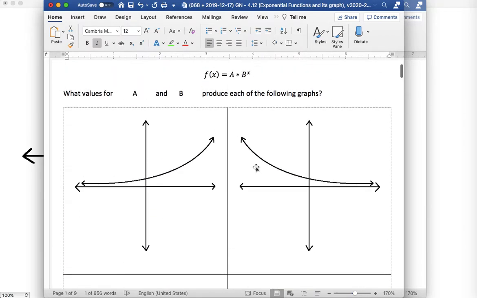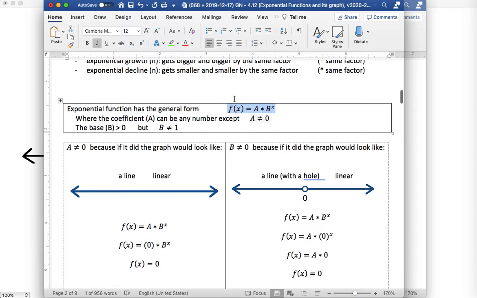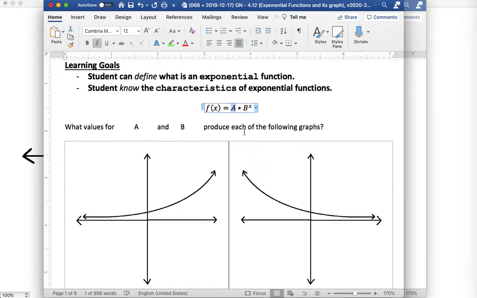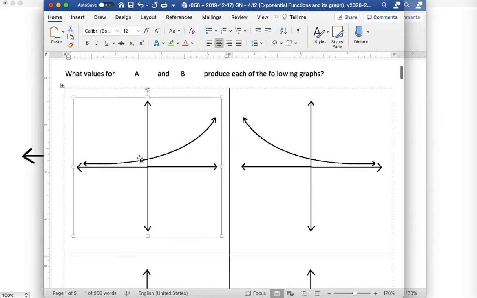So I've talked about what numbers a and b cannot be. Let's talk about the numbers a and b can be. So a can be any number except for 0, and b has to be a positive number but cannot be 1. So what I want you to do, you're going to end up going into a graphing program online, and you're going to try to figure out what values for a and b will make the graph look like this,